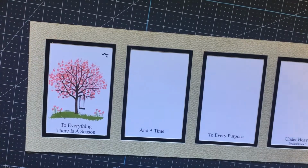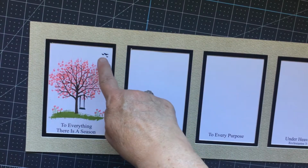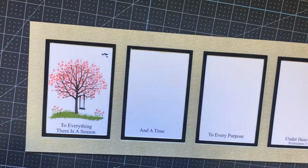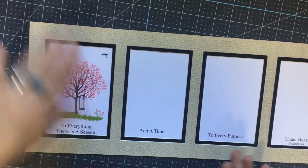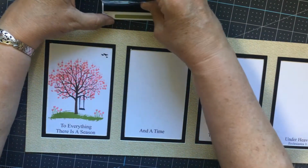So that's spring, and spring is done, and I noticed when I got done that there was just a tiny smudge up here. So I added some birds to cover that up, and those birds came from the Mountaineer stamp set that we have that's current. So next we're going to do the next panel, and it's going to be with Old Olive for the green,